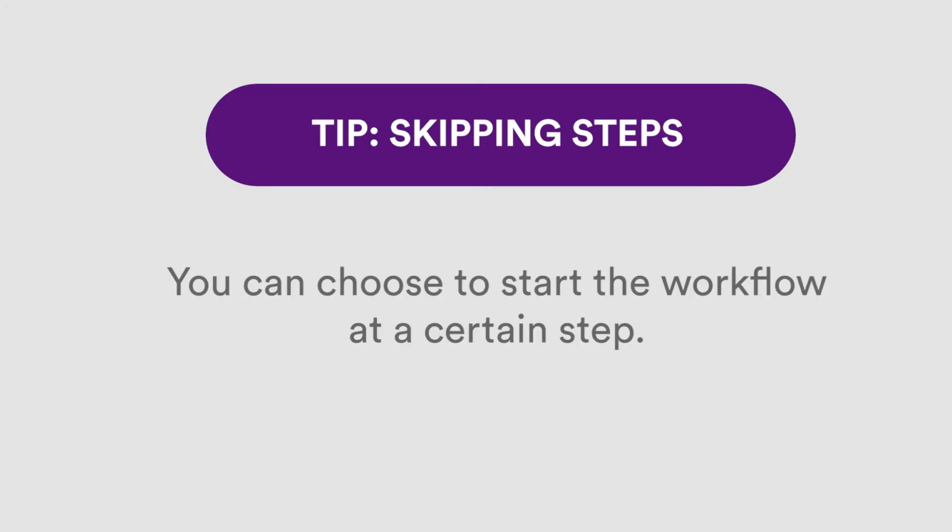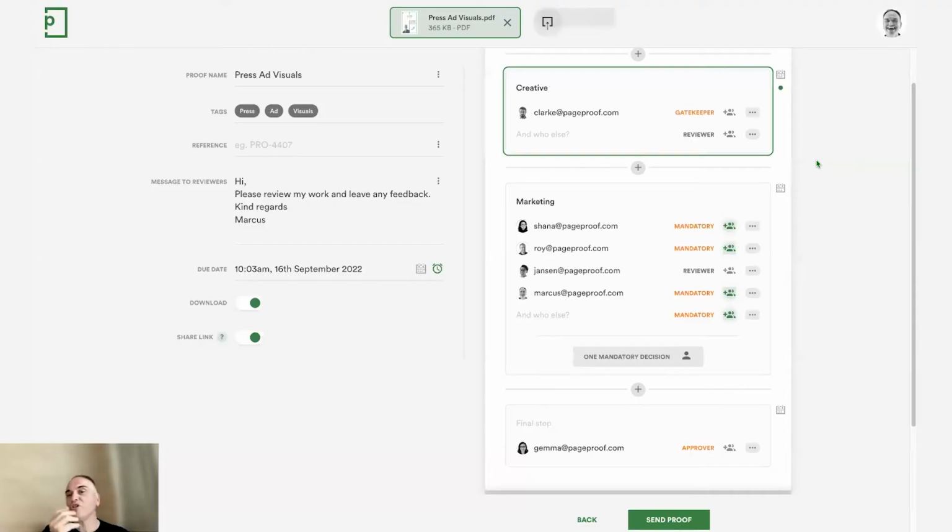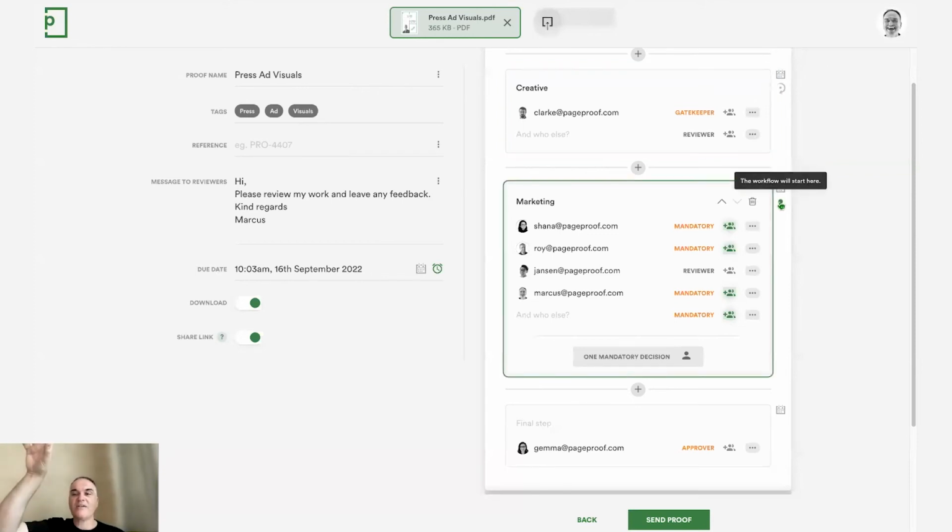Now, tip number 3, this is a great one. So sometimes when you upload a new version, you might decide, hey, we might skip the creative step for this time. So you'll notice there's a little green dot up here and it says the workflow will start here. Well, actually, if you move your cursor down below here, you can start it here. So if I click, it now says we're going to start the workflow at this point,